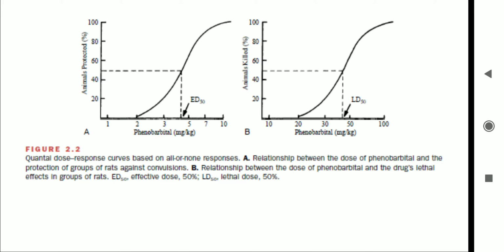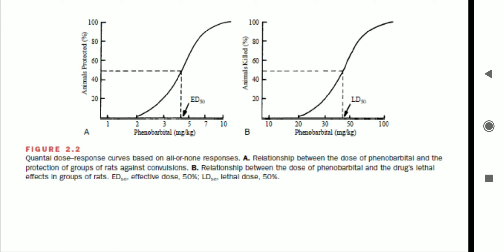This is how we can determine how much amount of drug should be given to a particular person. How much amount of drug should be taken? A paracetamol tablet, if you are taking, whether it should be 250 mg or 500 mg, is determined with the help of this dose response curve.